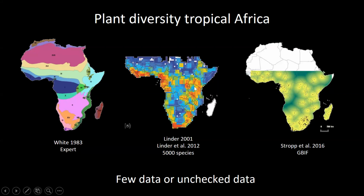Several years later, Peter Linder and his research lab started to use the distribution of species to try and delimit and understand plant biodiversity distribution in Africa. In this case, they used a database of about 5,000 species distributed across tropical Africa. And finally, many people have been using GBIF, which is a large repository of plant and animal distribution data. They were also able to use this information to understand the distribution of plant biodiversity in Africa. But overall, these data sets were based on either few expert or unchecked data. GBIF has a lot of data, but most of the time it's unchecked,